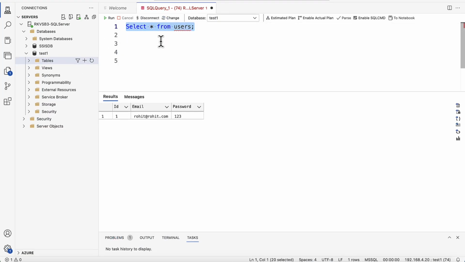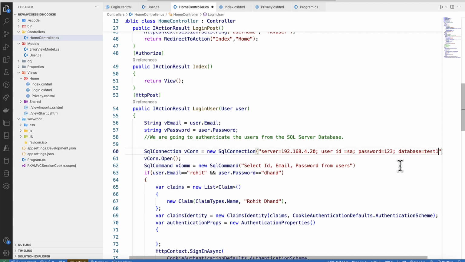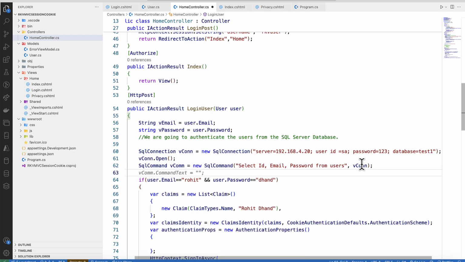Select password from users, and there is one thing which we missed, that is the database name. So database is equal to test1, which is perfectly fine. Password from users, and I need to supply the connection through which it would run. So that's my vcon. So that's the command which I'm going to run, and then the actual thing. Technically, I'm expecting one user, because it is based upon the user. Let's say where,